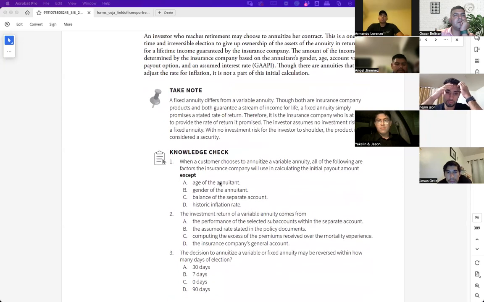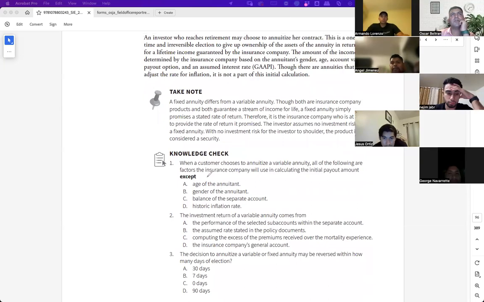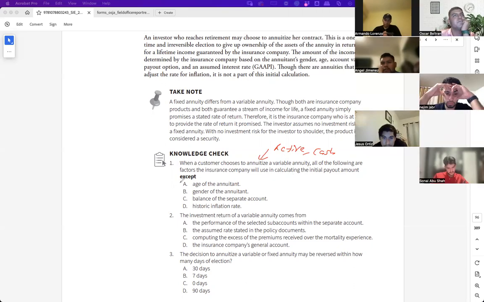Let's answer these questions here. All right, so right here we have number one. When a customer chooses to annuitize a variable annuity, all the following, so right here they pretty much said, I want to retire. Cash. All the following are factors the insurance company will use in calculating the initial payout amount, except